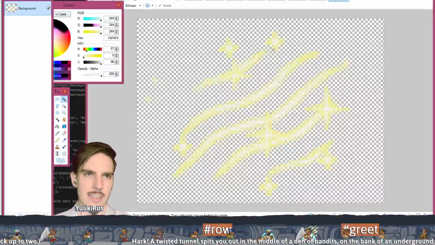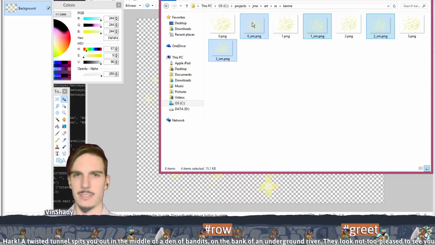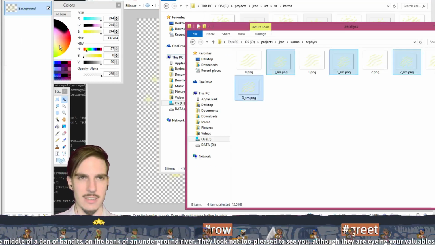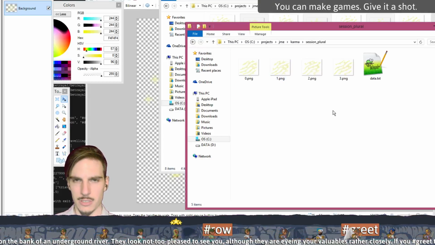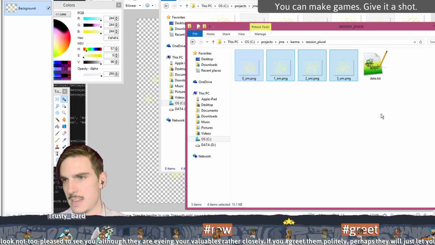All right, and then let's try replacing. Oh, yeah. All right, whatever. I shouldn't have named them with those suffixes. Copy this over to karma session plural. Delete these, paste these, and